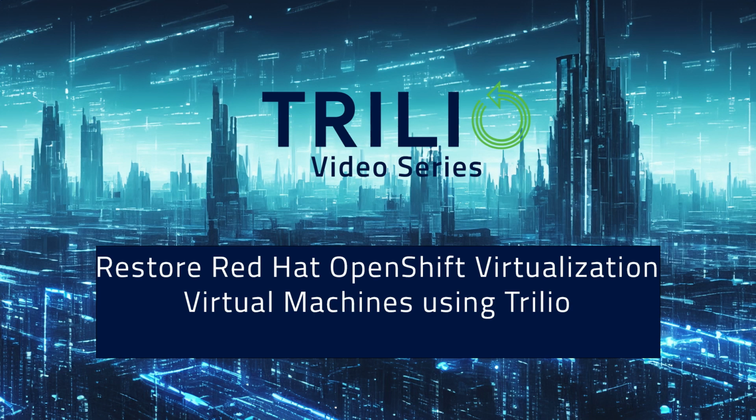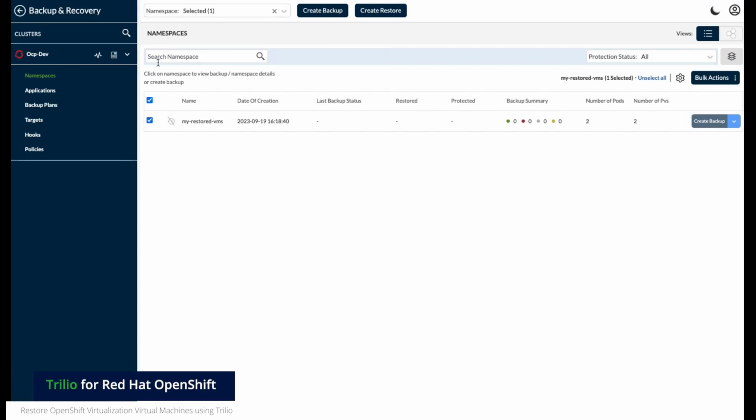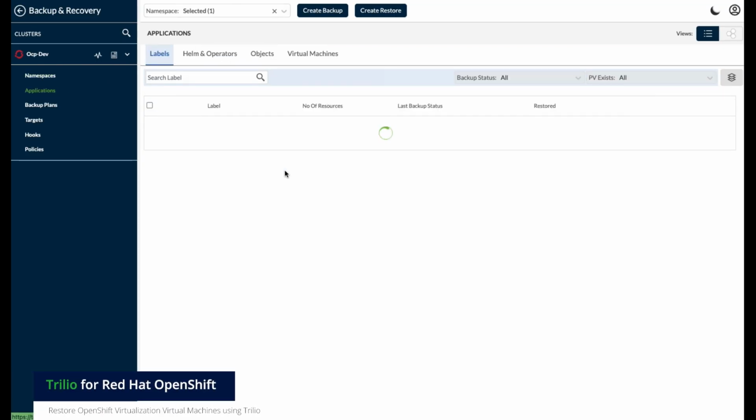In this video, we will show you how to restore a previously backed up virtual machine running in OpenShift using Trilio. As we are restoring a virtual machine to the same cluster that we backed up earlier, we can use the Trilio User Interface to simply list the deployed virtual machines and see that the status of the last backup